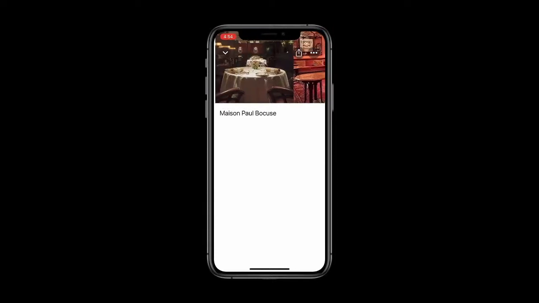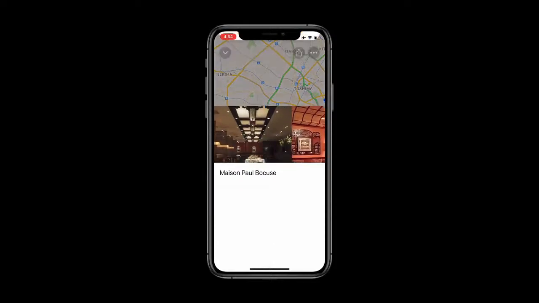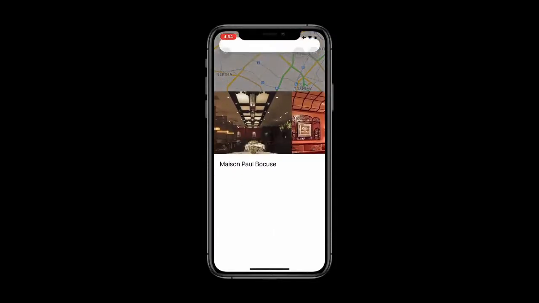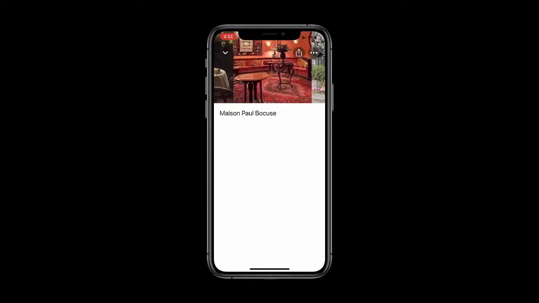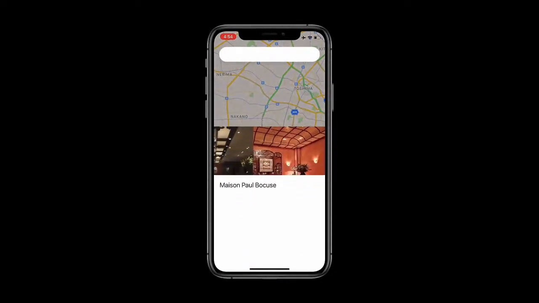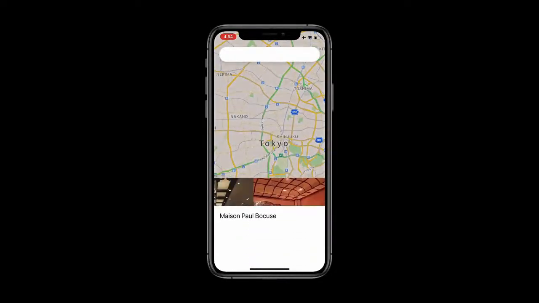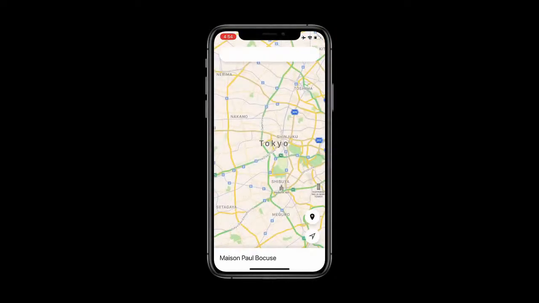You see the navigation bar, the search bar at the top that just keeps moving, hides and shows. You have this bottom sheet at the bottom that also shows some images at the top, and it's not just images, it's a scroll view that just works like a carousel. So there's just a lot that is going on in this screen, and so we're going to reproduce this using Reanimated